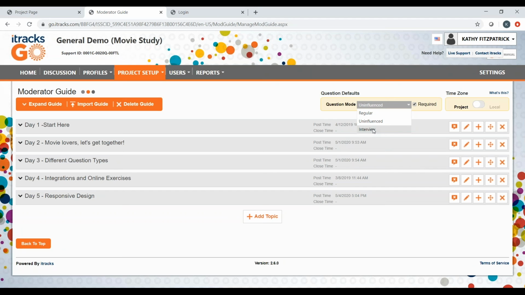Participants cannot see what the observers are commenting, but they will definitely not have interaction with other people in an interview style question. This is used when you have sensitive topics. You're talking about finances, you're talking about an illness, you're talking about perhaps some intimate family things that you want to know about that you're pretty sure they don't want the whole board to know about.